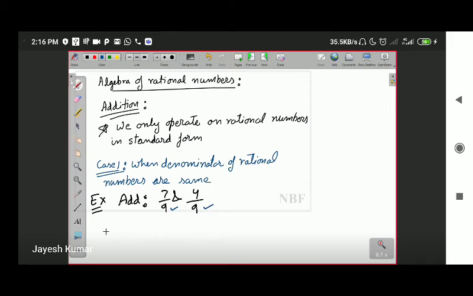So first of all, let's write down the question. This is 7 upon 9 plus 4 upon 9. We have to operate the addition. First of all, we will write the common denominator. For both numbers, the denominator is 9. So we write down the common denominator and write the numerators as they are, along with their signs. I had plus 7 and plus 4. So 7 plus 4 is, sorry, 11, not 13. 11 upon 9. So that is the answer.